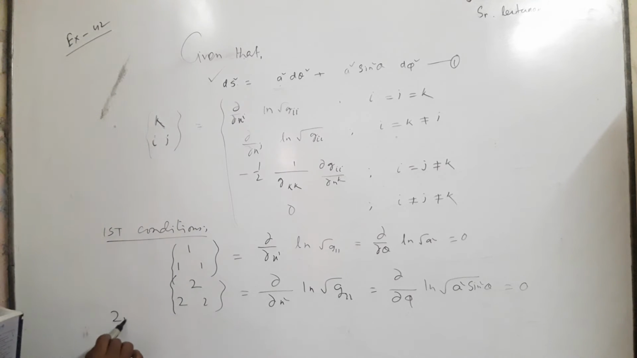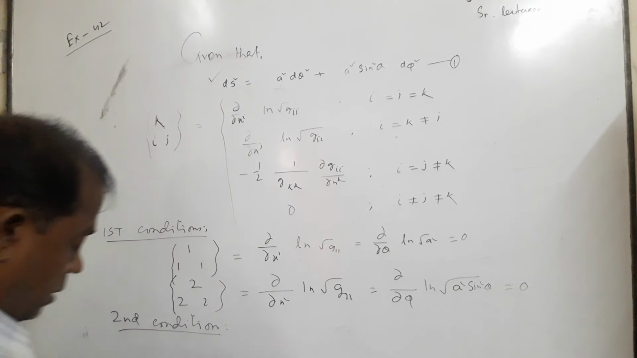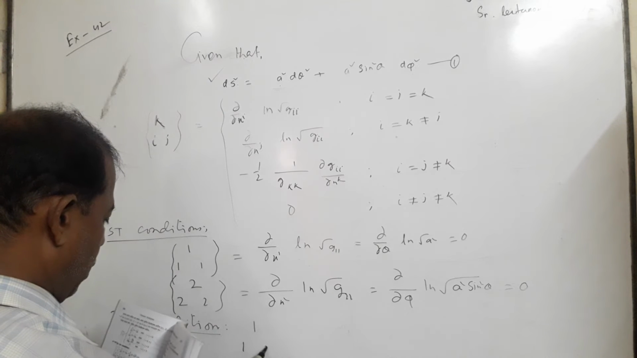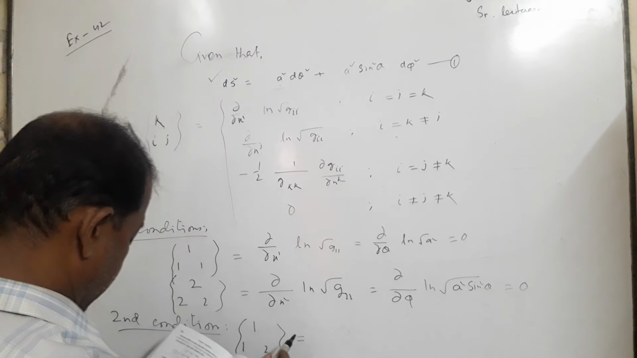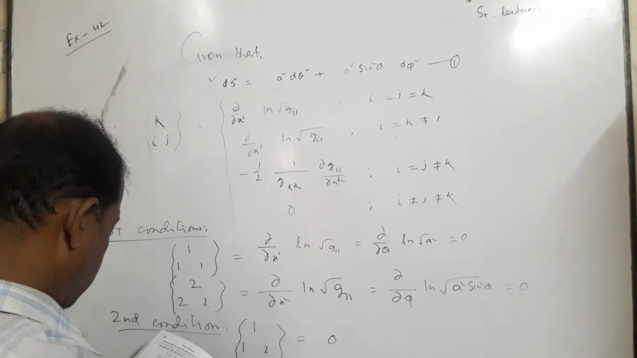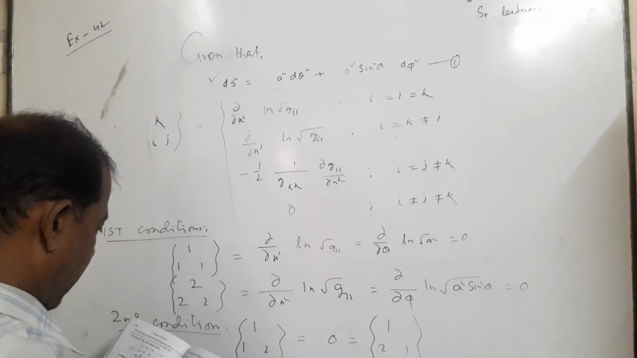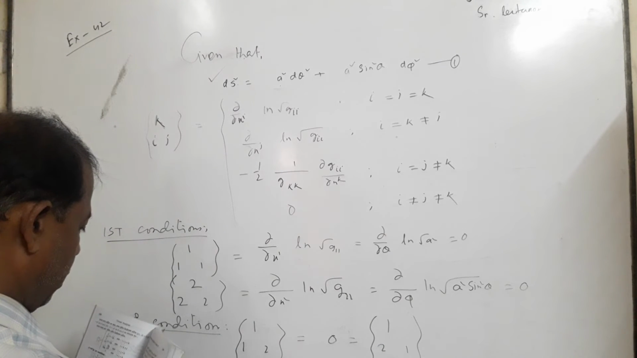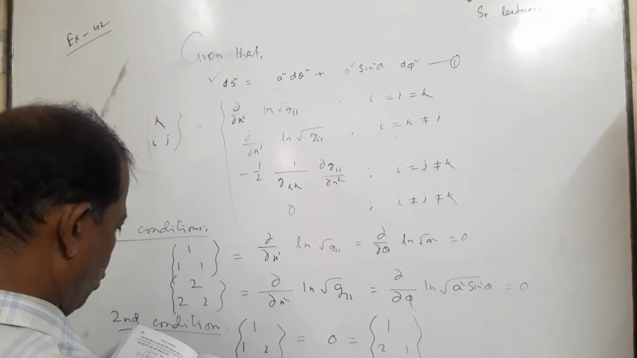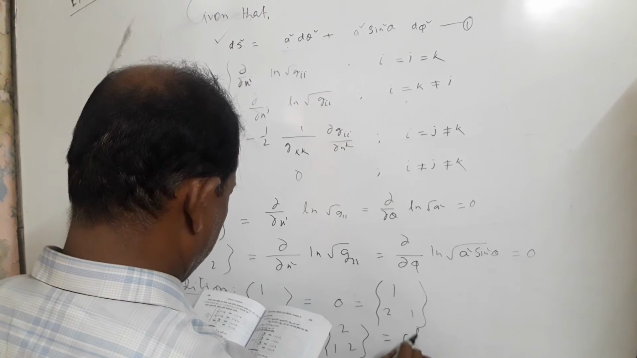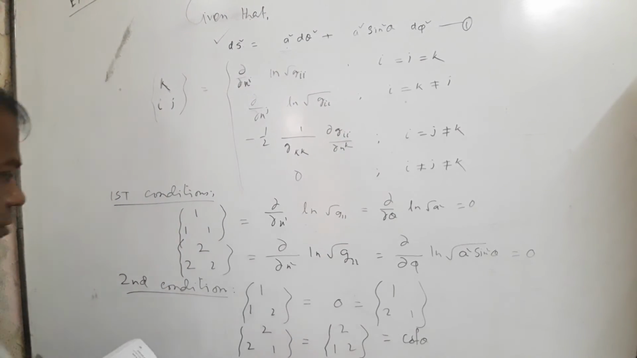And the second conditions: Γ^1_{12} equal to, in the same way, 0, and Γ^1_{21} is the same way, and Γ^2_{21} is equal to Γ^2_{12}, which is equal to cot θ. Okay, and the third condition